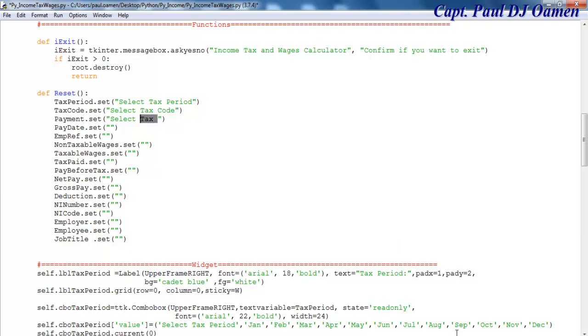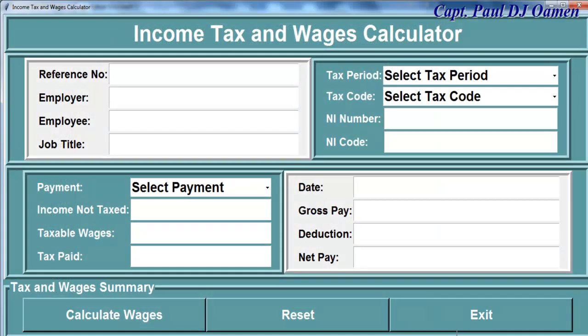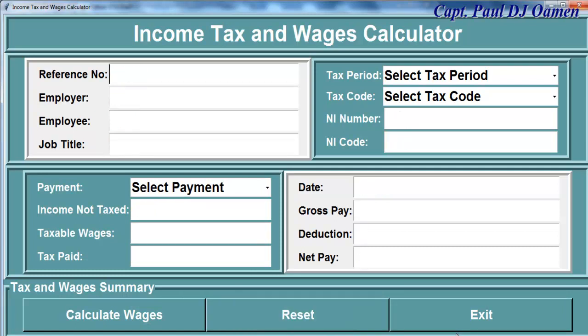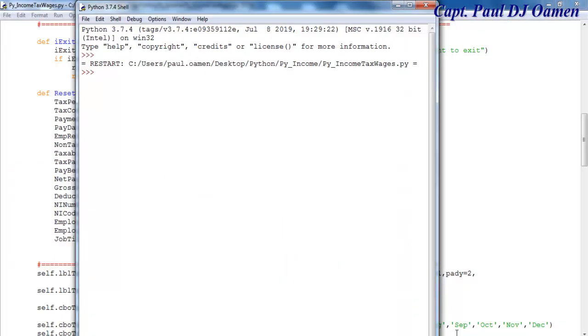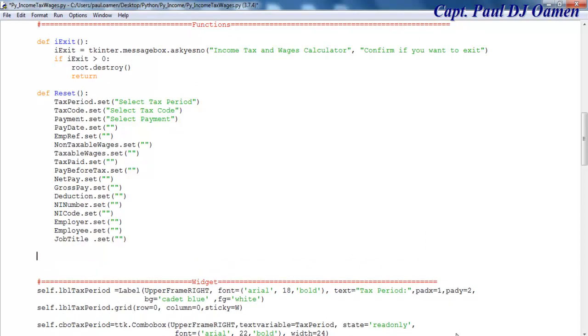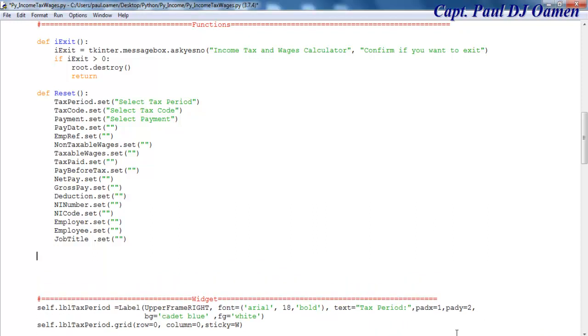So when I click on reset, I should be able to see all of those instructions instead of just clearing them out. Okay, let's see. Alright, resets. Yeah, that's good. Okay, exit. That's fine now. So now underneath here I'm going to have to create another function that will take care of the calculations for us. Okay, right underneath here, let's enter the